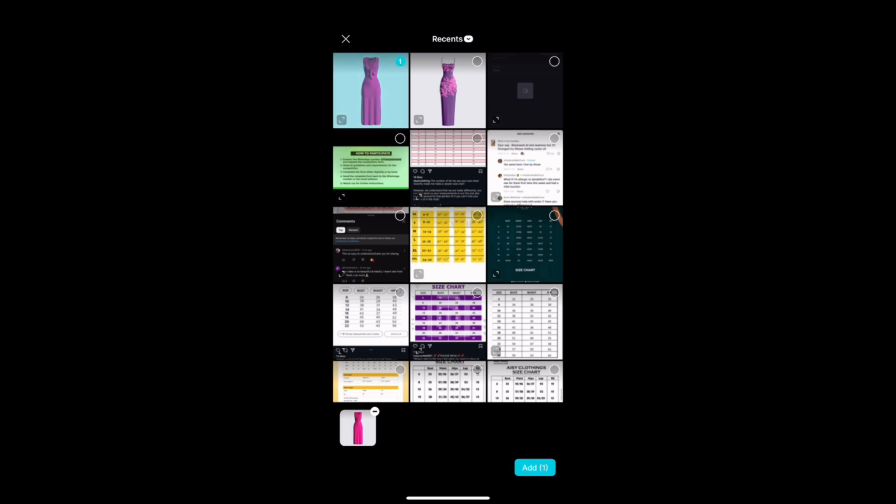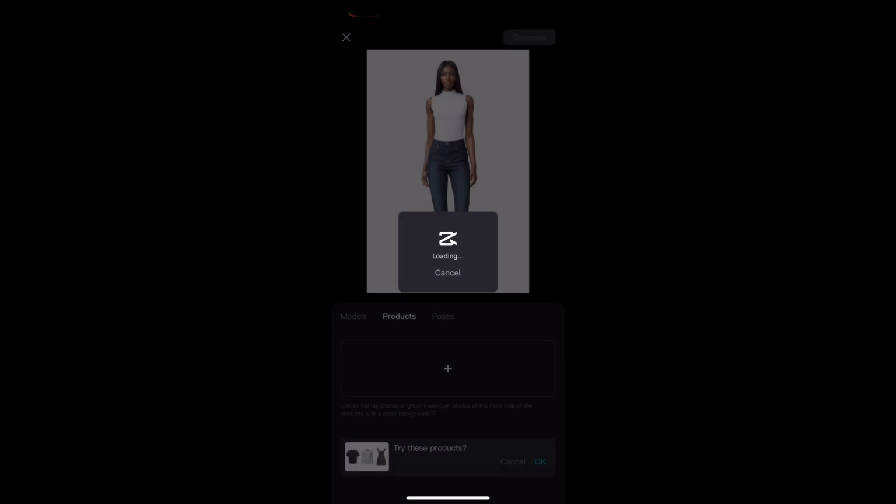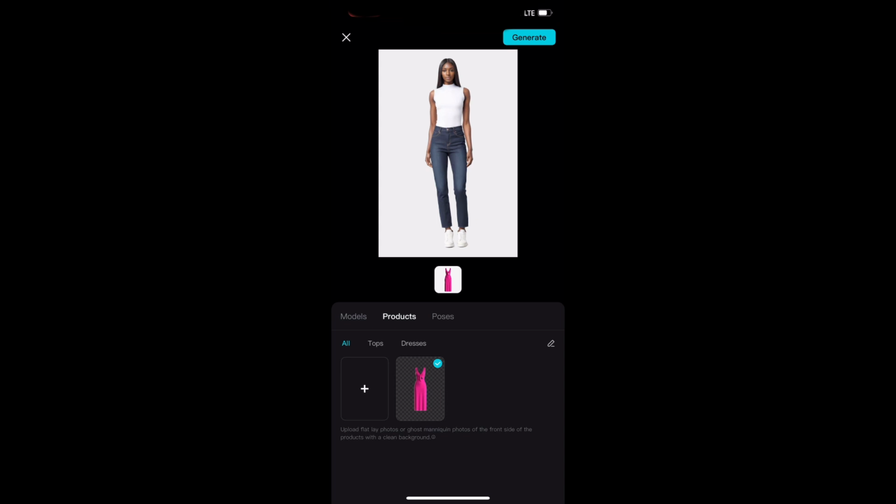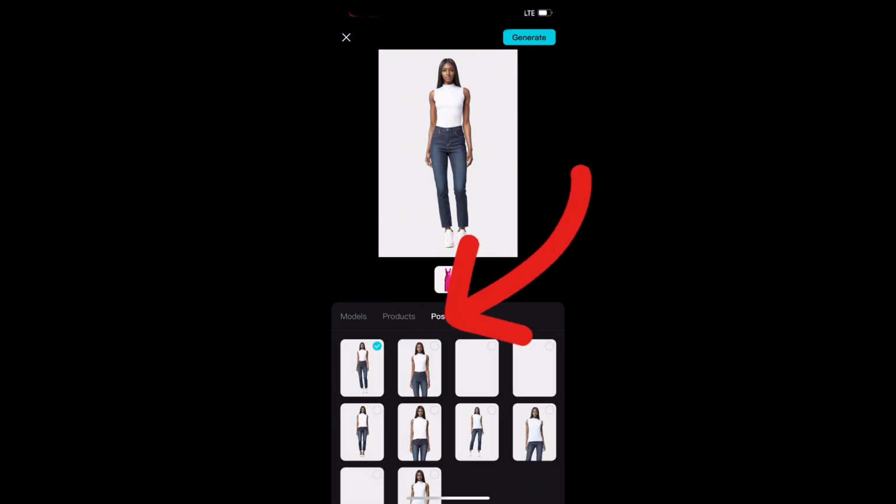You click on it and you add. We're going to allow it to load. Once it loads, there you see the dress there, but it's not on the mannequin yet, right? So calm down, we go on pose. Now you're going to see the model in different poses, so you can pick any pose that you prefer